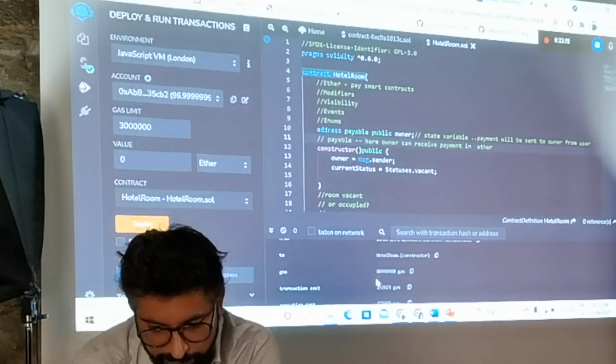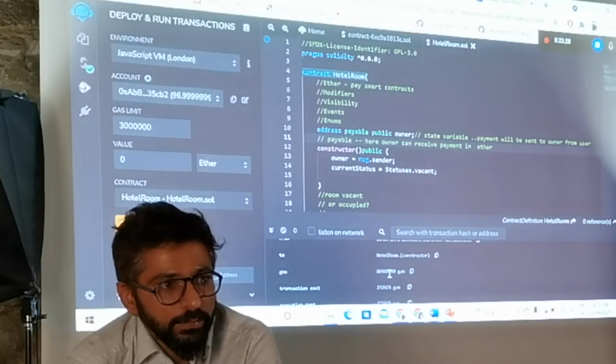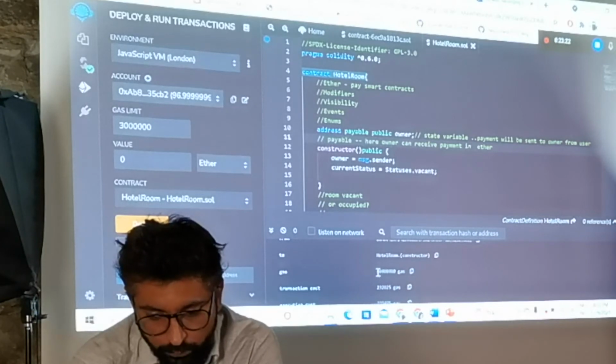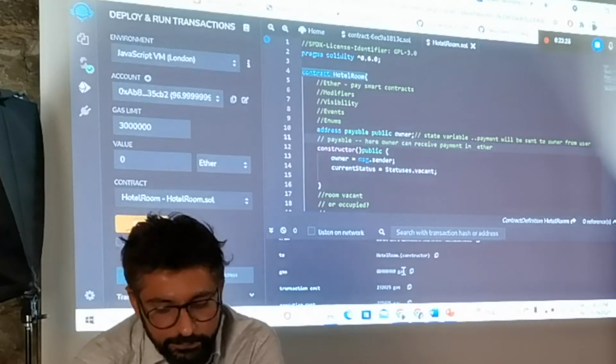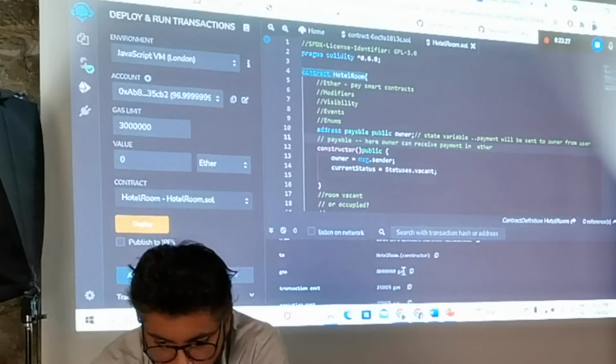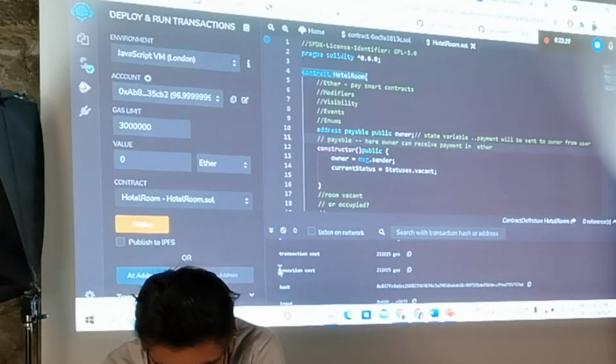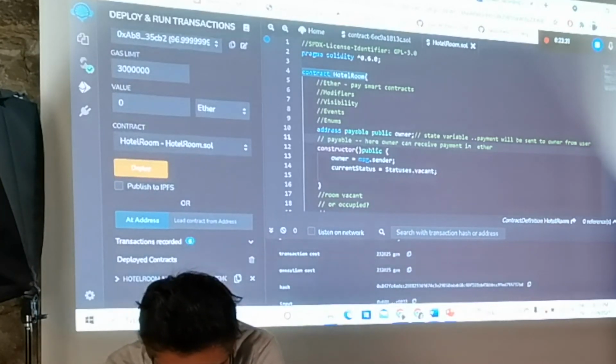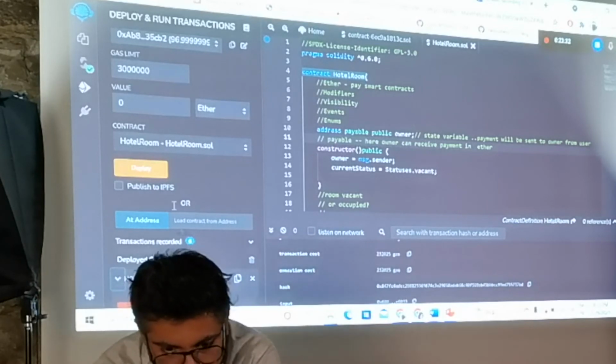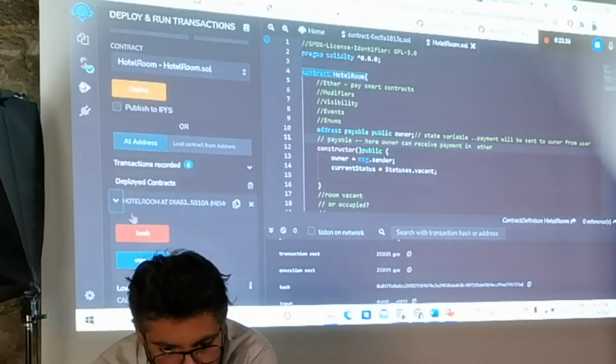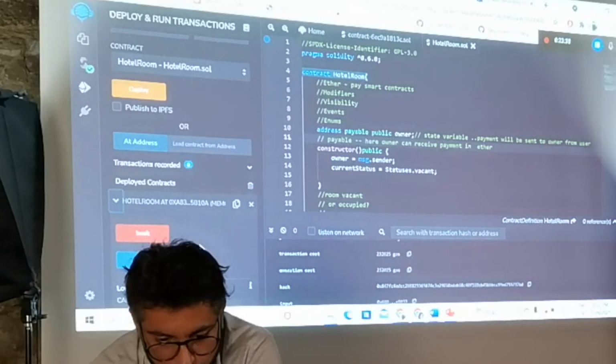So this is the fee that will be paid to the miner. The one who is doing the mining process will be given a reward in terms of this gas fee. We deployed this contract, and we can see it here, deployed on the blockchain network.